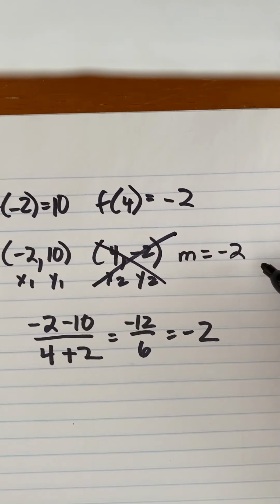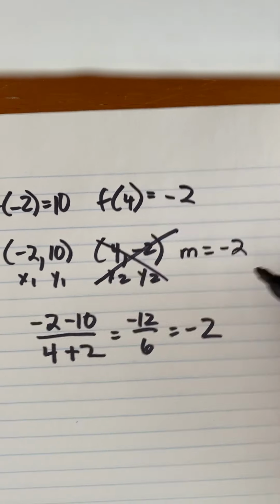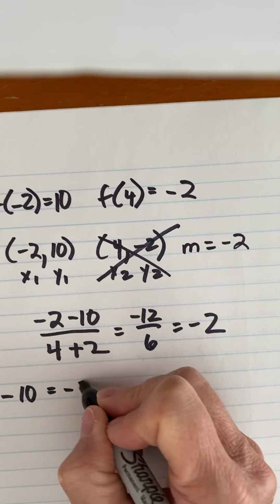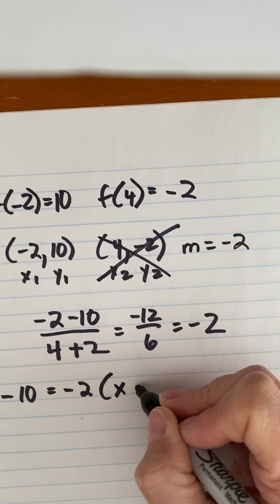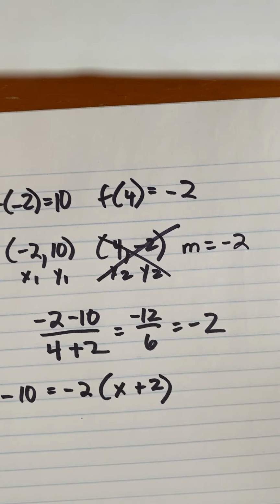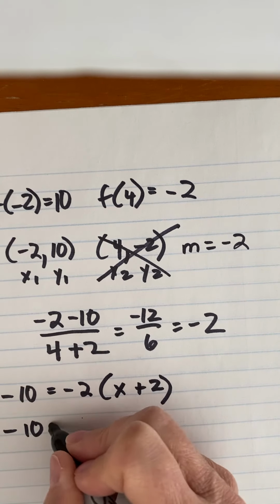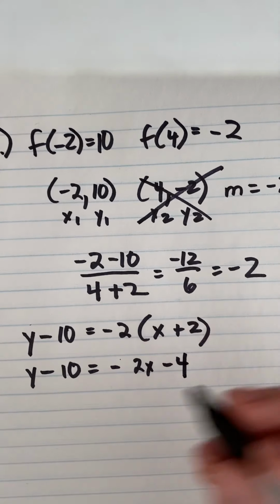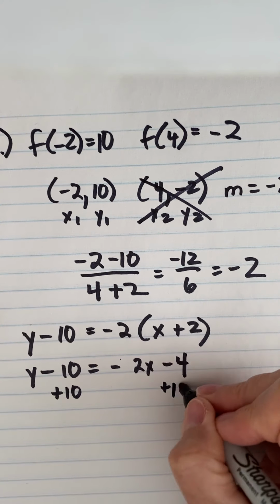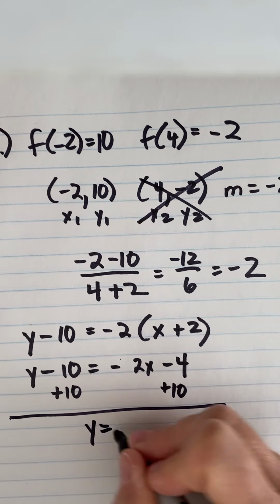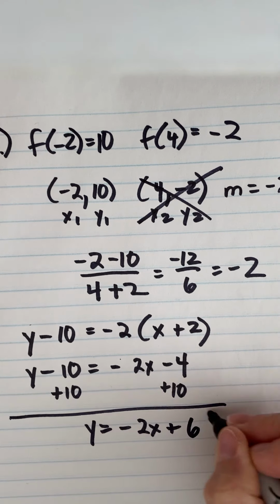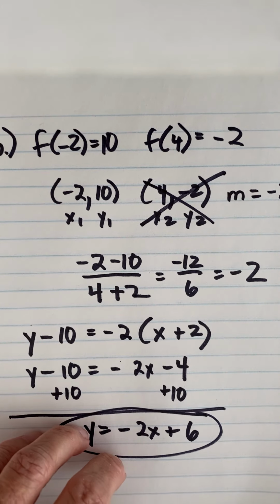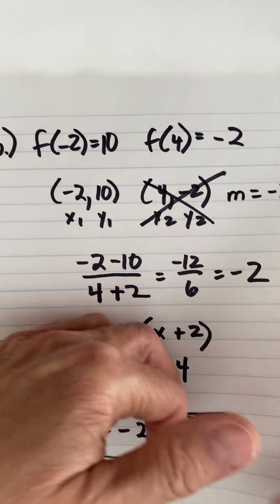I have 2 points and a slope. I cross out 1 point, and now I say y minus 10 equals -2 times x plus 2. And then I distribute. And then I add 10 to both sides. So y equals -2x plus 6. Okay, and then the last one, C,